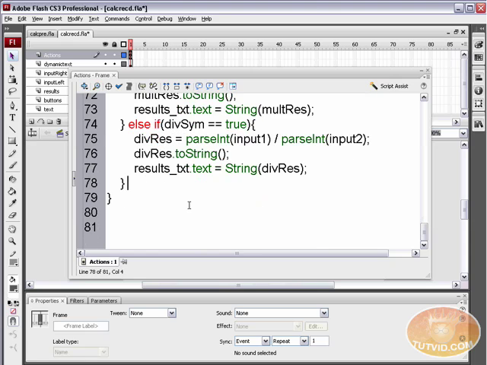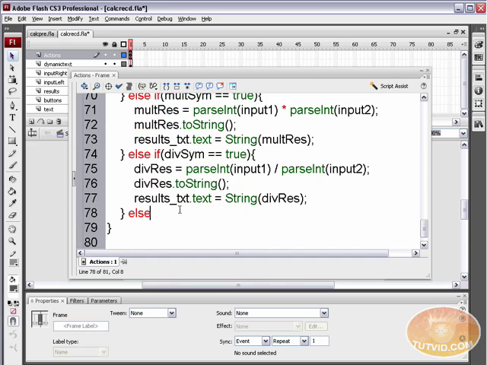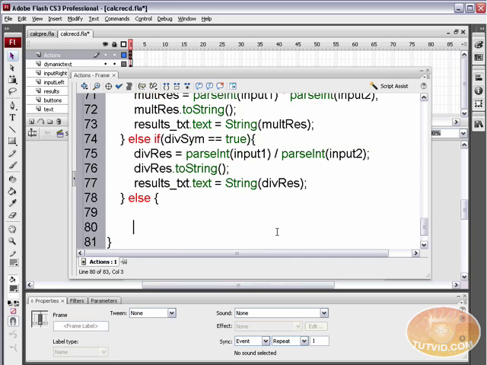All right, and then to top it all off, we're just going to type else. Okay, so if none of these if statements are correct, we're going to say else, open curly bracket, enter return twice, close curly bracket, and here we're just going to say results_txt, well, make sure you put a period, not a comma, results underscore txt. It's the instance name of that dynamic text field. Dot text, space equals space, open parenthesis,